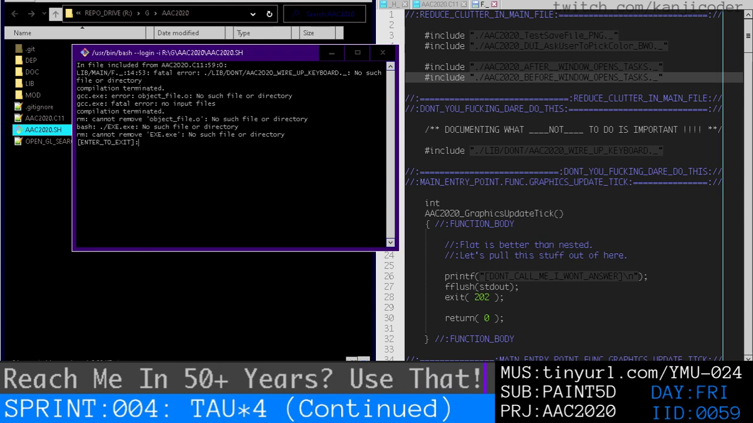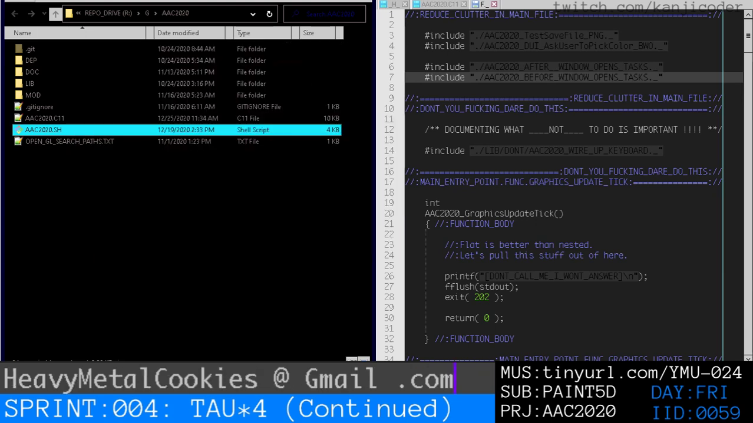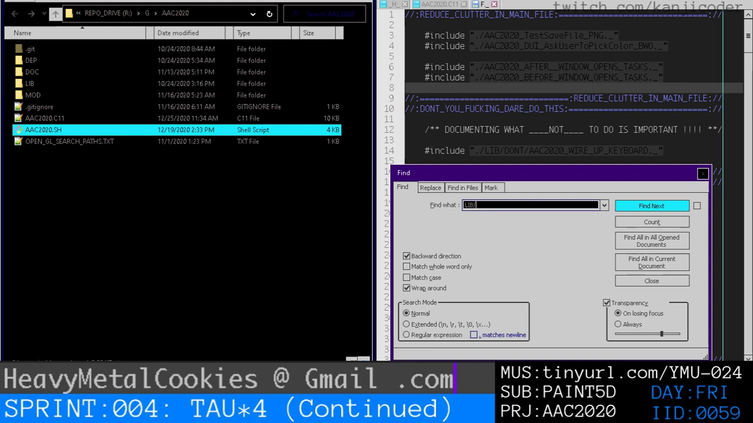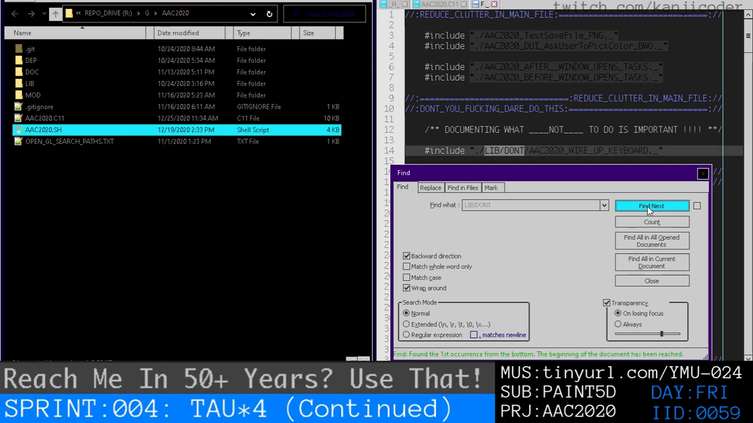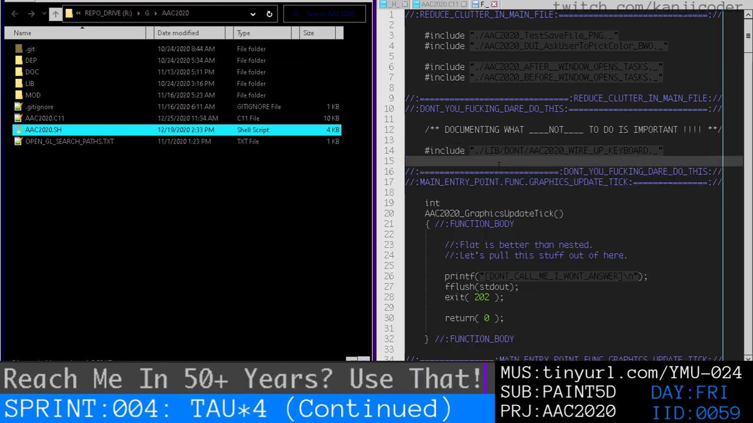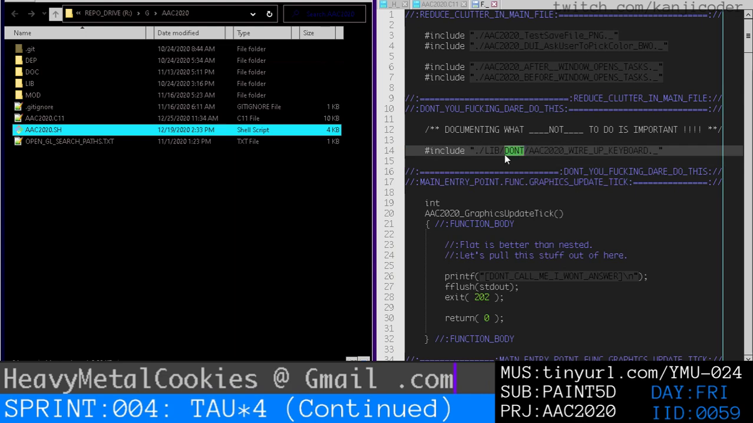So lib/don't, fatal error in main/f. So let's go look for that. Lib/don't. Oh, it's right here. So I know there's a reason why I did this. To get to this don't, we're already in lib/main, so we have to back out to get to lib. So we could do